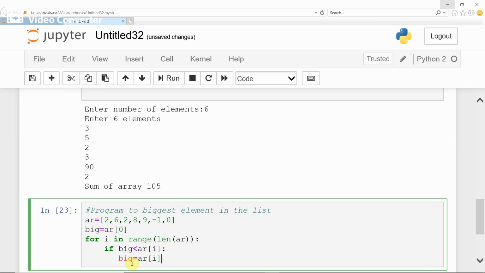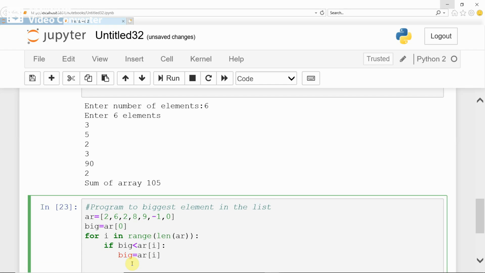Only one statement inside the if and only one statement inside the for loop. During each iteration, if big is less than AR of i, then AR of i will be stored to big.